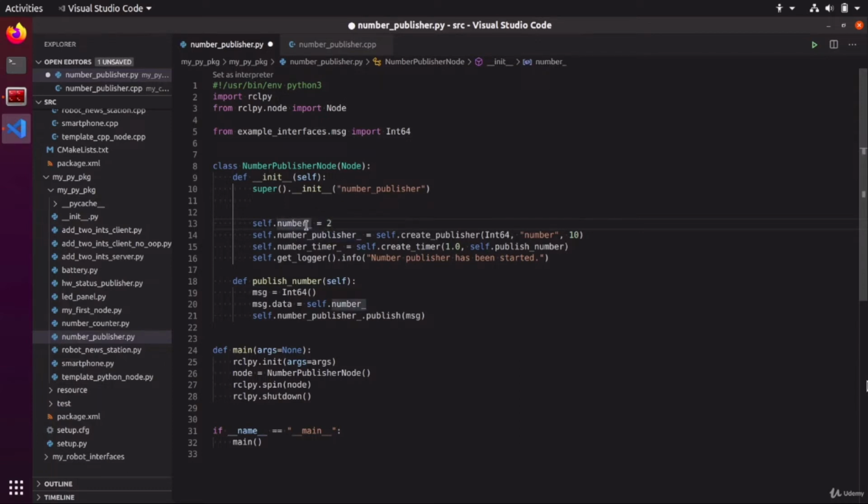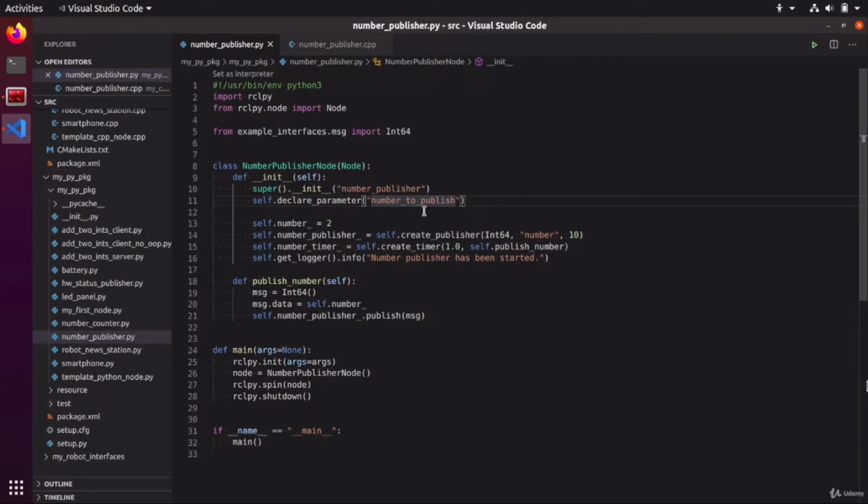So let's actually get this number from parameters, so we can set it directly at runtime. The first thing we need to do is to declare a parameter. So we declare the parameter name, and let's name it number to publish. Okay, so it's quite descriptive. So if you run the node like that, you will have a new parameter, number to publish, but this parameter will not be set. You will need to set it directly by providing an argument with the ros2 run command